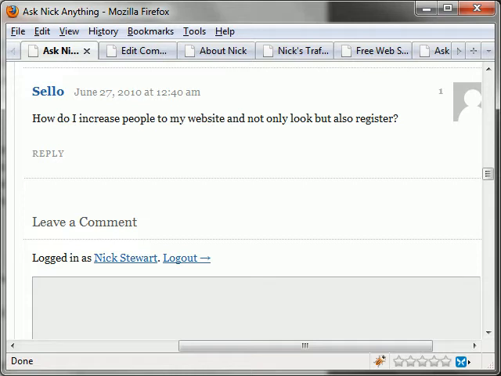So basically, what you've got to do is give people what they want. And that begins first with giving them quality information that fills their needs, fills their wants. So you've got to figure out what people want, and you've got to give it to them in the way of quality content. It all starts with that. But then what you need to do is give people the interaction that they're looking for.